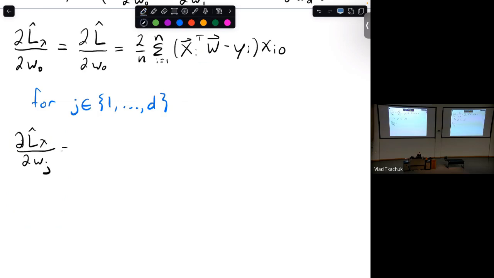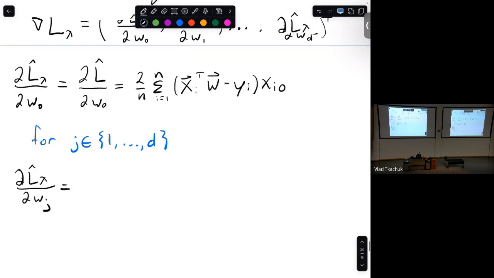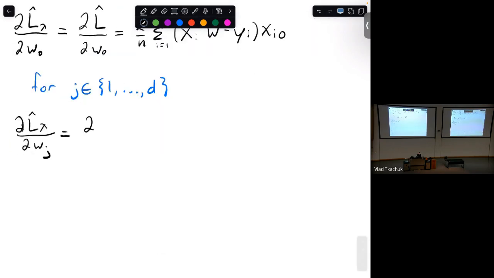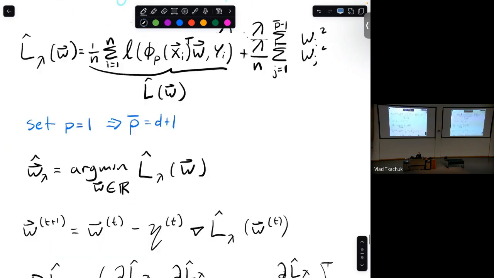If we look upstairs, the derivative of this thing, which is just L hat of w that we've seen before, is going to be the partial derivative of L hat with respect to wj, which we know. It's going to be the same as this, basically, plus the partial derivative,